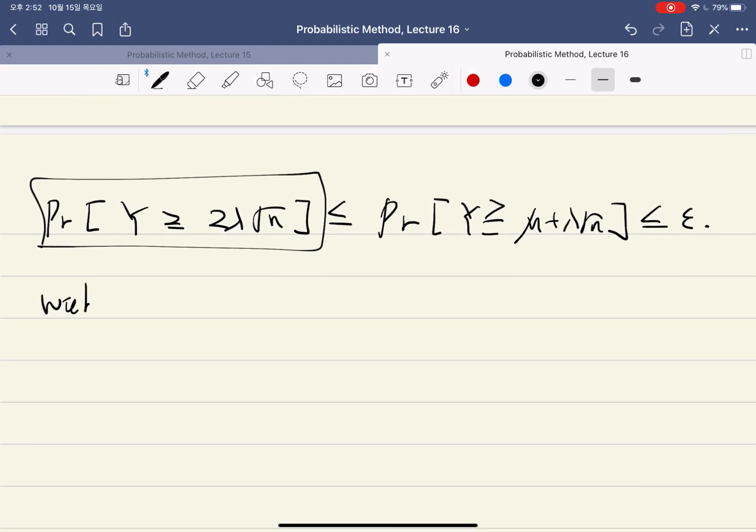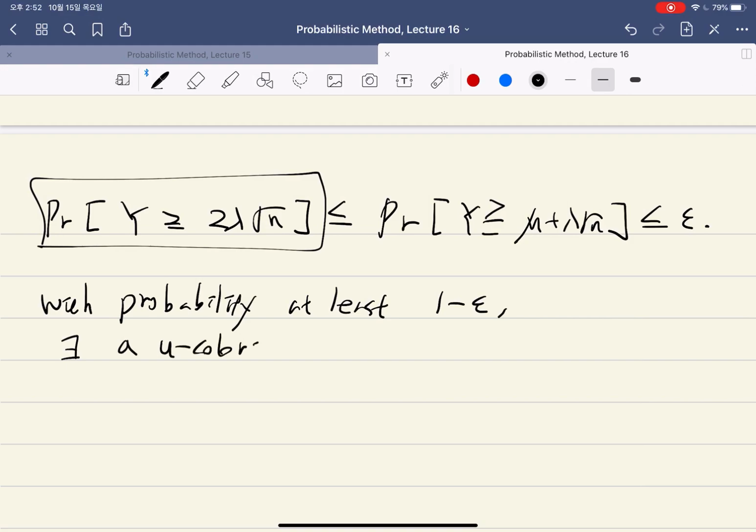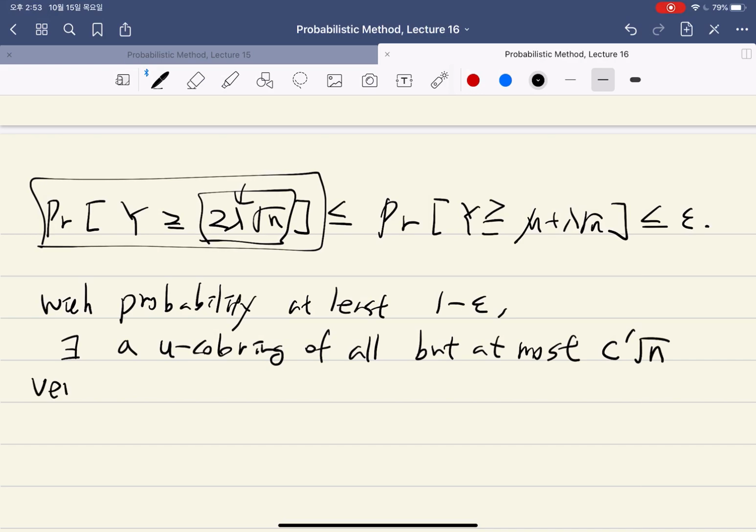So with probability at least 1 minus epsilon, there exists a U coloring of all but at most this much. So this epsilon determines lambda. So this is some constant C prime. At most C prime square root of n vertices